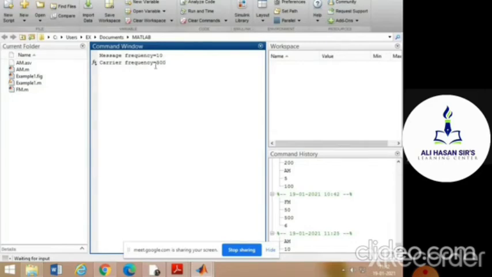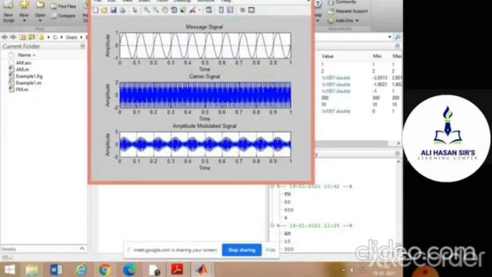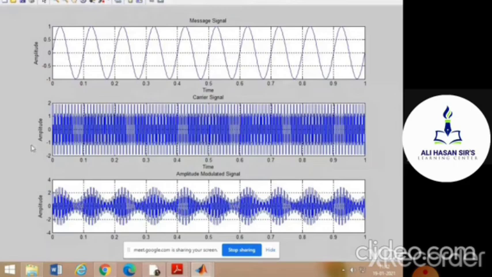Now after pressing enter, we will get the graph over here. Yeah, this is the graph we are getting. If you see here, the upper sideband and lower sideband do not touch the horizontal axis, so this comes under under modulation. This is the first case which we have seen, where the value of m is less than 1. Now we'll go for the second case.